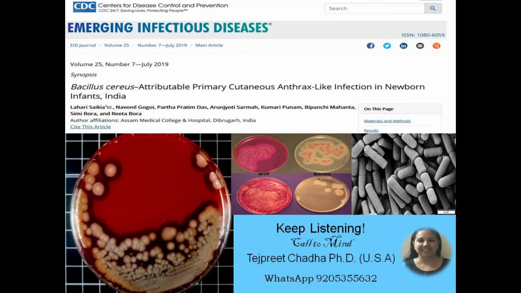And again, the important part: obviously, it is a foodborne pathogen, but now this bacterium is also reported to cause several systemic and local non-gastrointestinal infections in immunocompromised and immunocompetent persons. And here, what we just talked about is one study, and here again we are talking about newborns. Going to add a link so that you can read the study.